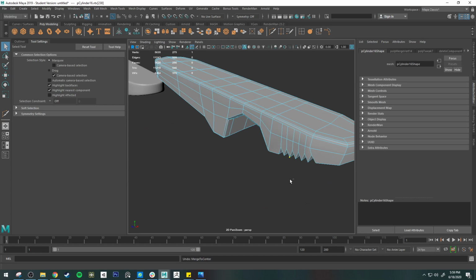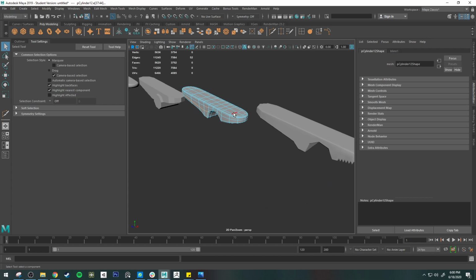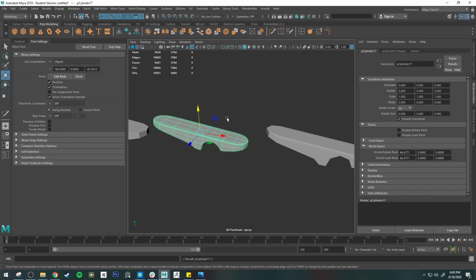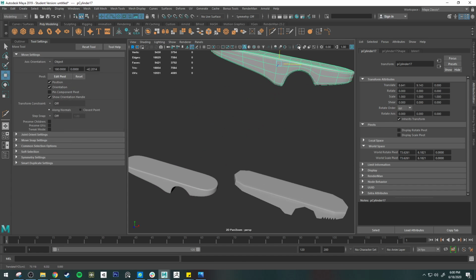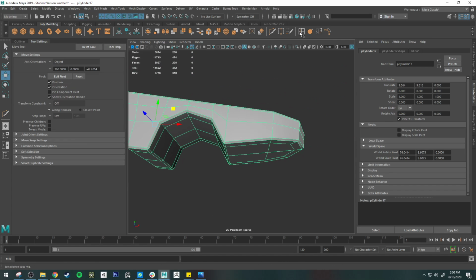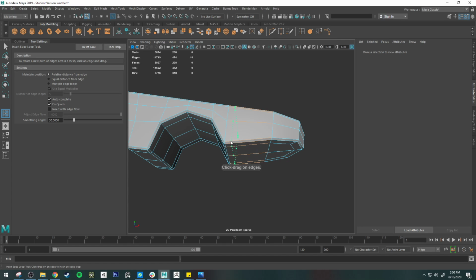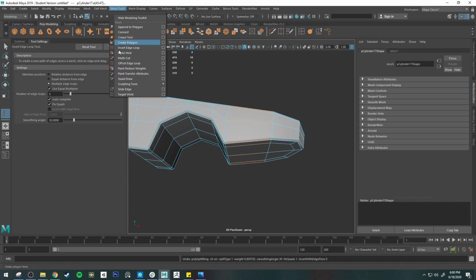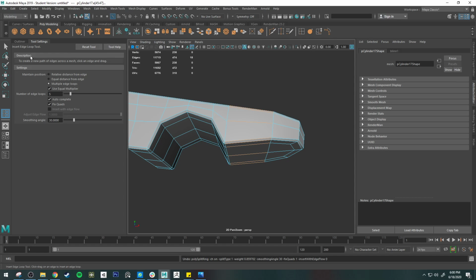The other option could be, let's grab this one. So I'm making duplicates of my mesh every time I'm taking a big step or trying something, because it's easy for me to say, oh, I'm going to undo all that stuff I just did. Alternatively, we could do something like this where we drop in more edge loops. I can use the insert edge loop tool, so mesh tools, insert edge loop tool, open the tool settings, turn on the use equal multiplier, and that's going to let me set a number of edges I can add. So I'm going to add